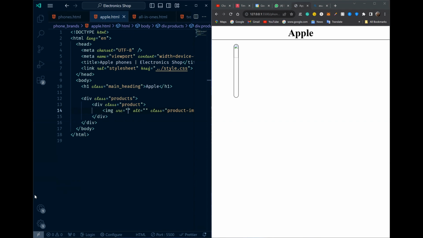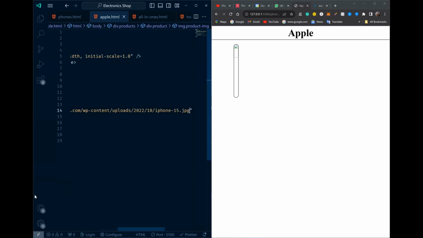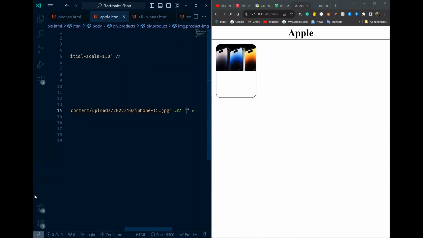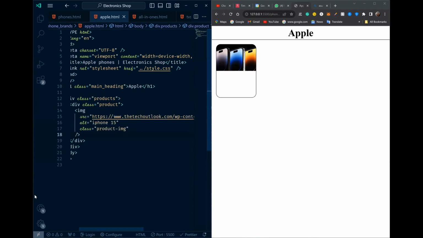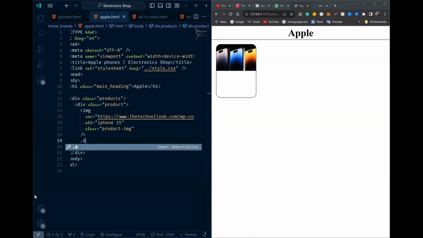There you go. Source, paste that. Alt: iPhone 15 product image. After that, we're going to press Shift Alt F, and then we want to write .desc_container,